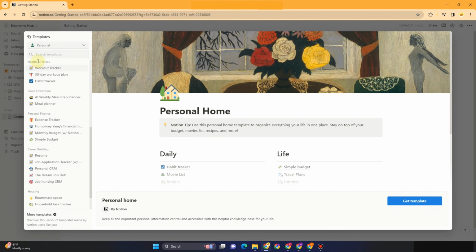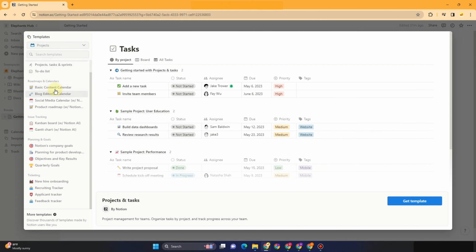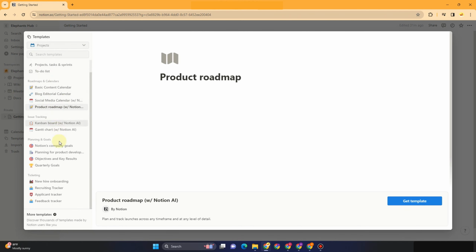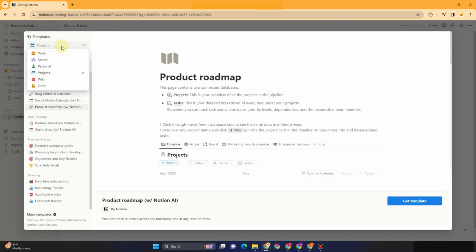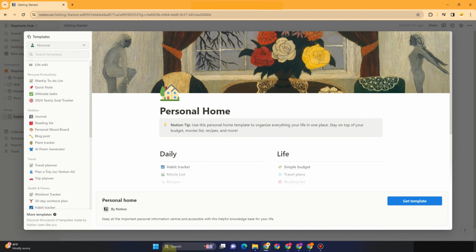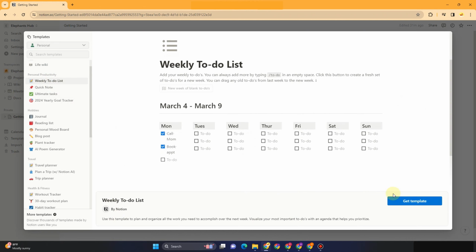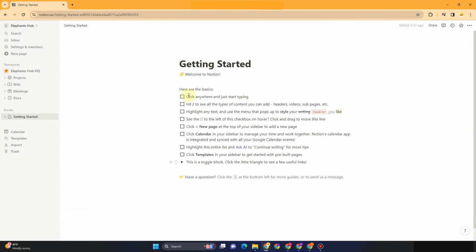For personal, you can see here obviously health and fitness. We have here personal finance. And then for projects, we have project task, basic content calendar, and so on. So everything is here. All you have to do is edit this, but what I'm going to show you right now is we're going to start from scratch. One of the most used templates is, under personal, the weekly to-do list. If you want this, you can get this template, but like I mentioned earlier,